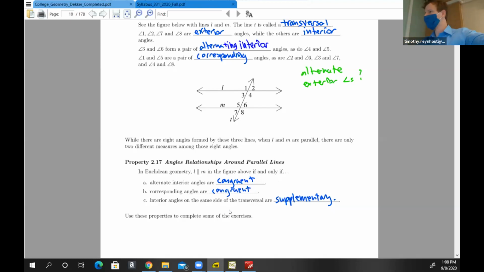So for several students, I guess I shouldn't say several because there's only several of you in here. There were some of you that showed all three. And I think there was at least one of you that, looking at showing all three as a daunting task, gave a very vague description of why they were true. So we want to be as specific and as clear as possible in all of our responses.